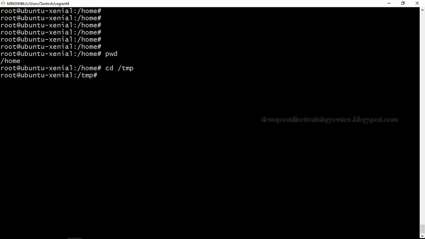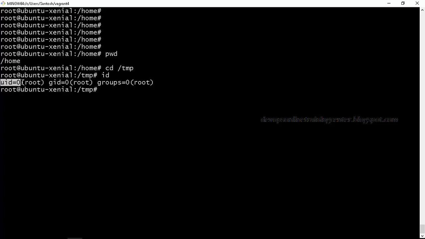Now there are some default users created, so you can also check with id. The current user is root. The group he belongs to is again root, right? So UID, there will be a number associated with every user. It is 0 for root.